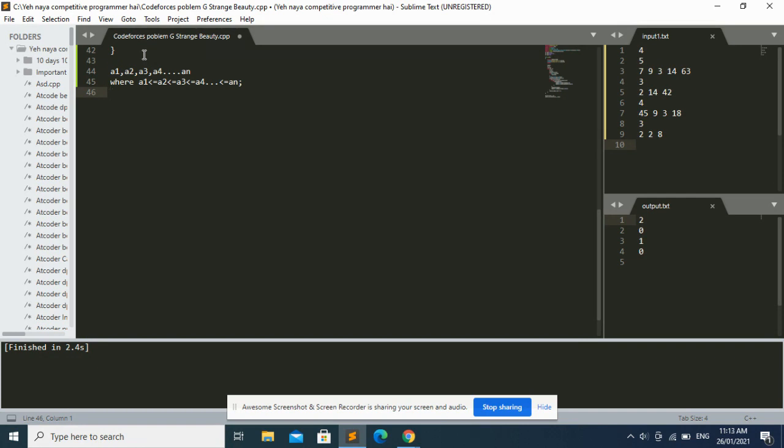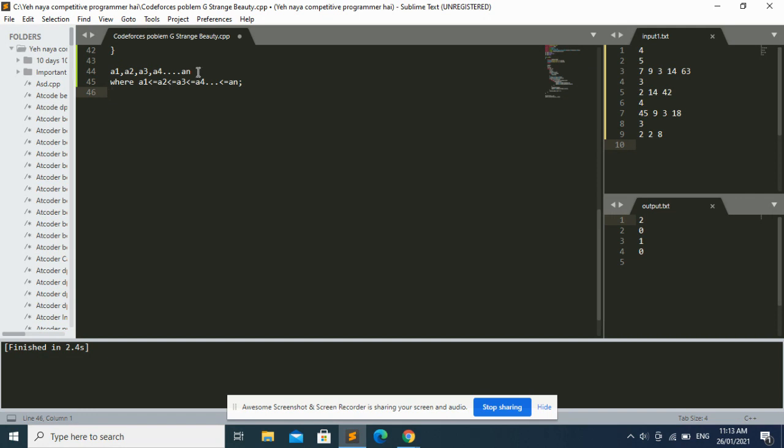After sorting this array, the benefit is that for a particular element, I can just check if it is divisible by the elements present on the left side of it, because the elements present on the right side of it will never be a factor of that element.